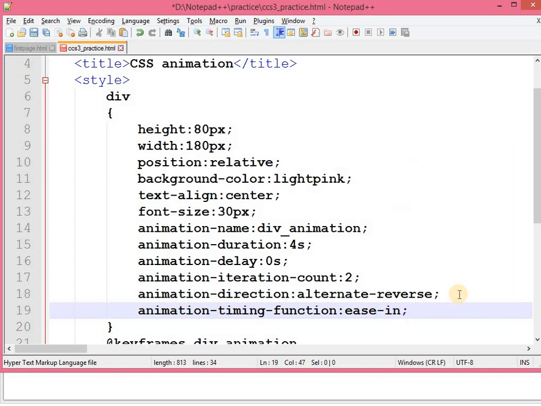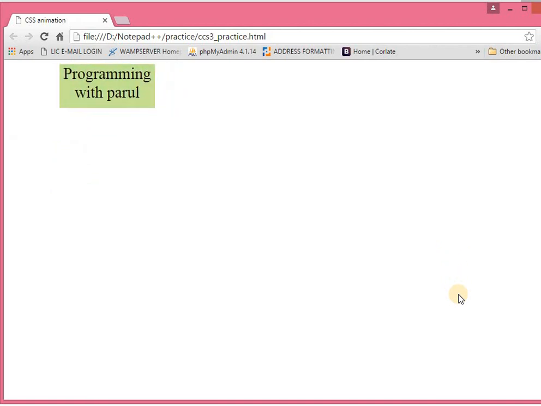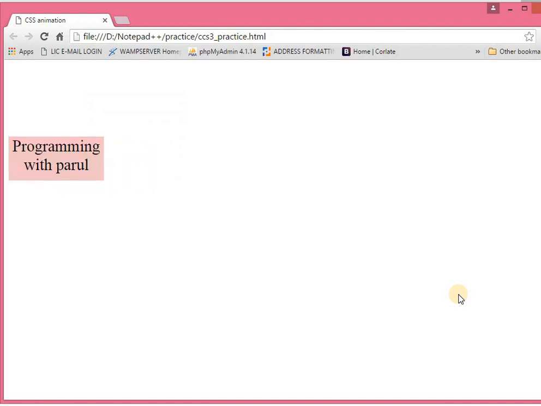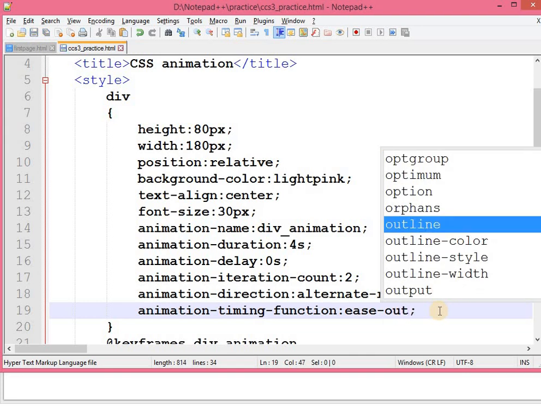So here the value is ease-in. So what will happen, in the starting phase it will have low speed. Okay, but at the end it will have higher speed. You can see that at the end it will have higher speed. Okay, you can also provide a value like that.